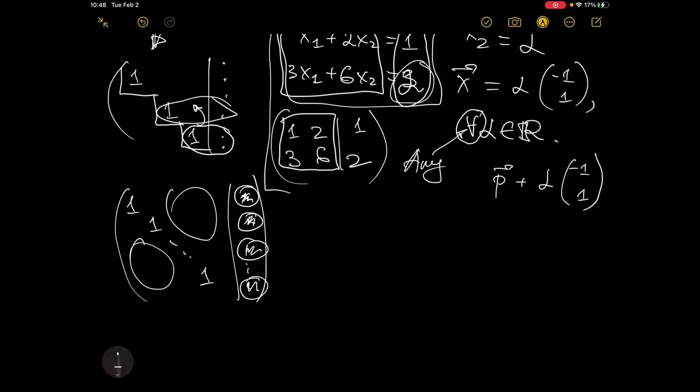Clear or not? Because we don't have free variables, right? So we cannot have an inconsistent system in this case. Pay attention that singular and non-singular are defined only for square